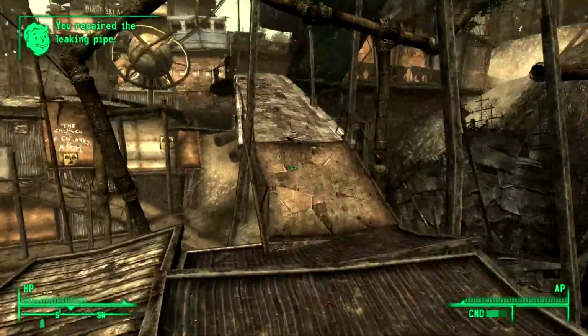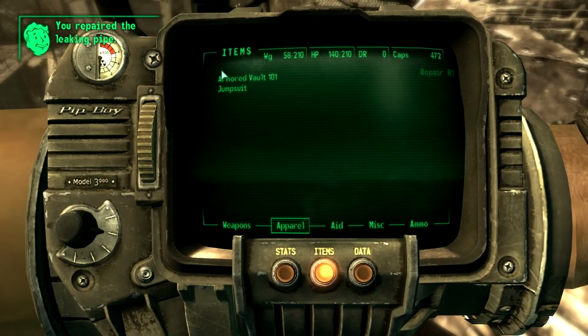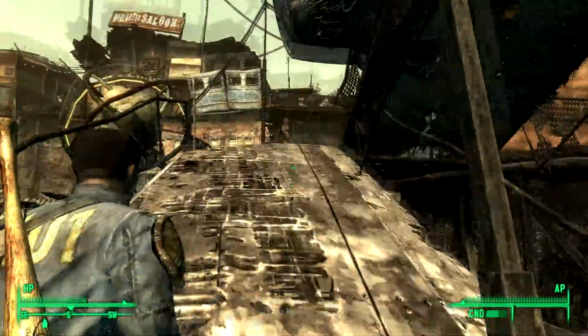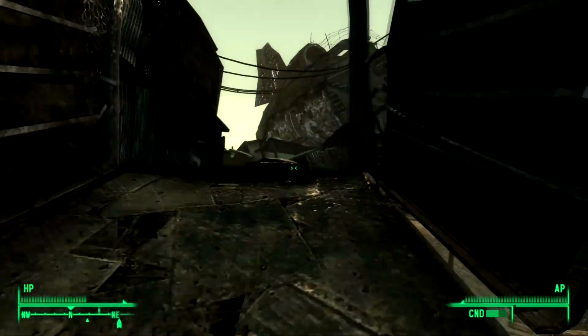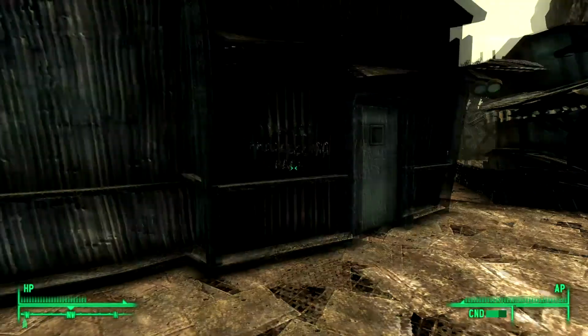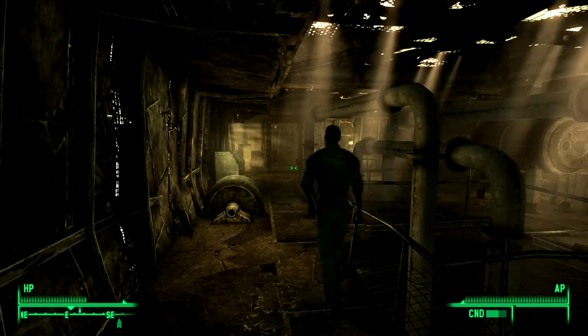Just head back up to Walter. Oh, I'm naked. Forgot to put the vault suit on. One thing I hate is that there's a glitch where he actually goes outside the map, so...